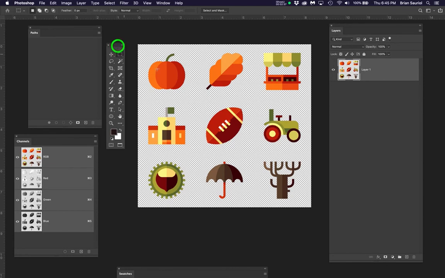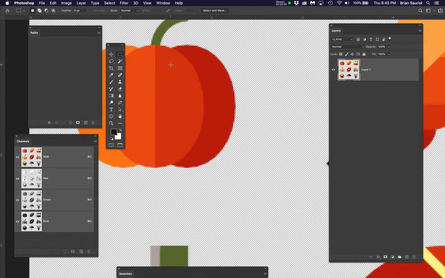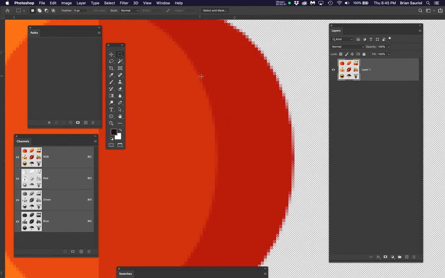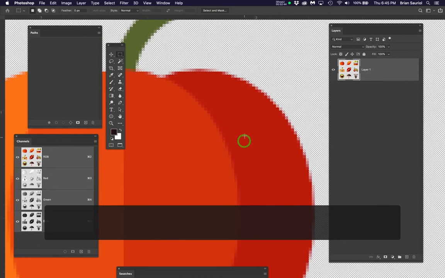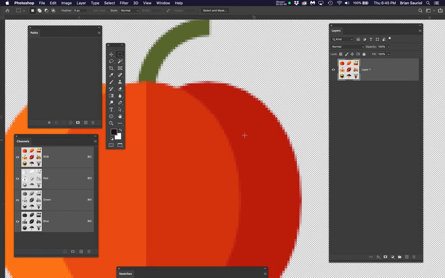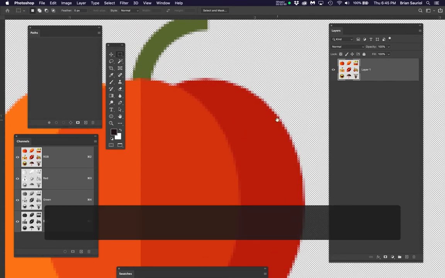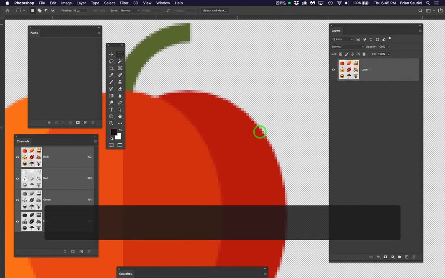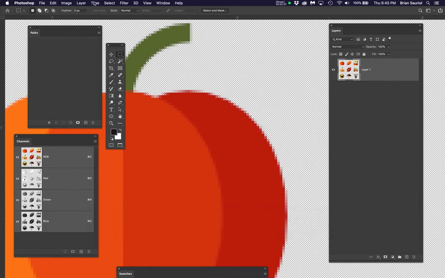So I noticed when I zoomed in that these were very pixelated. You see how badly pixelated that is when I zoom in? And by the way, Photoshop zooming is the same thing. Alt or Option, middle mouse button, and you can zoom. Spacebar for the hand. But I'm going to make this better before I do what I'm about to do. So I'm going to go to